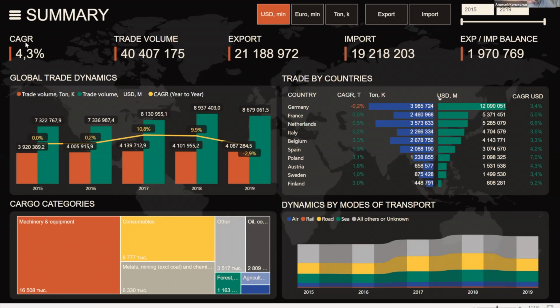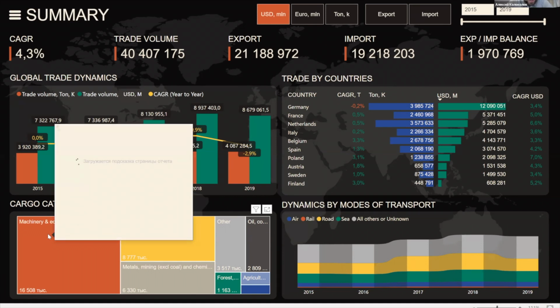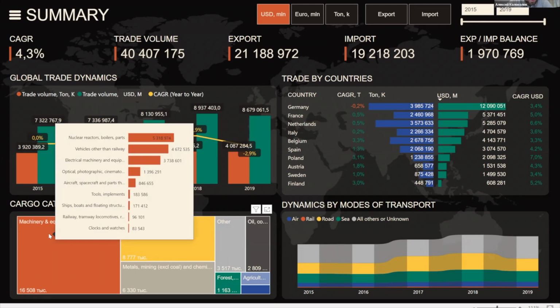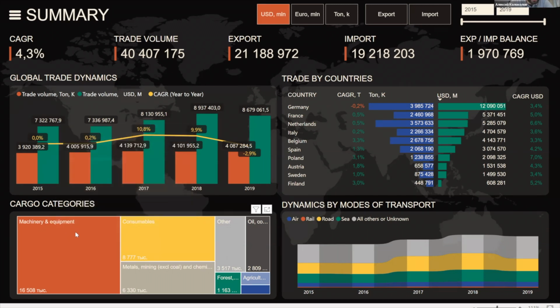It's an index of the balance of export-import operations, like an index of economic development, trade volume, export, import, and this balance. This is statistics for the last five years,